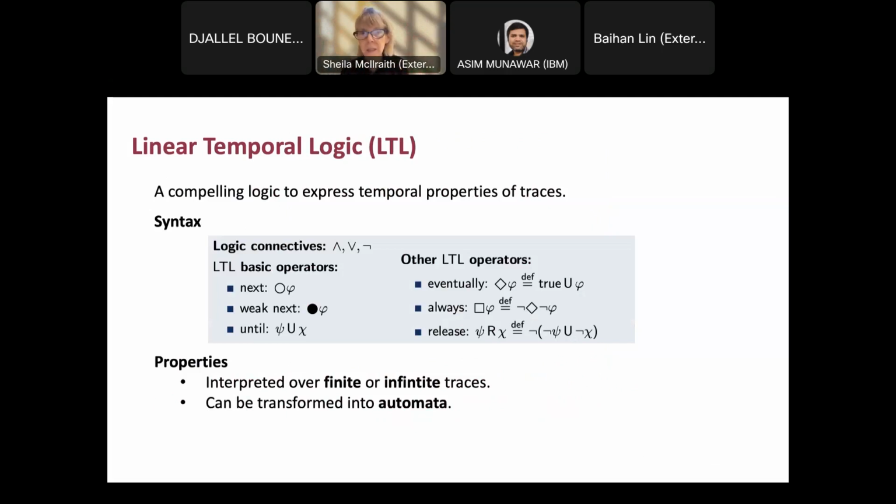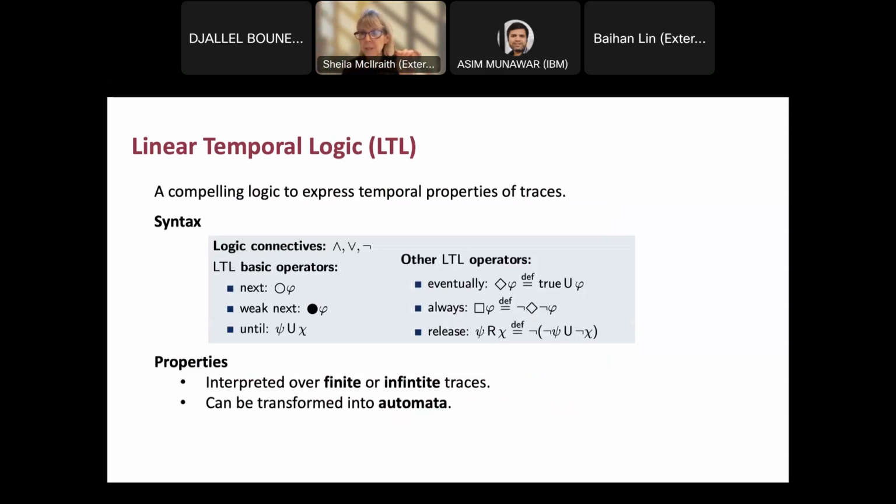It's used, I suspect many of you are familiar with it, in formal verification to talk about properties of the execution of programs or properties of hardware systems that one wants to ensure are enforced by the execution of a program or of a piece of hardware. And it has a very compelling syntax that is English-like in many ways. It talks about next, eventually, until, always have $5 in my pocket, always have my keys in my pocket, eventually be at home or eventually eat dinner, always eventually get a job, and so on and so forth.